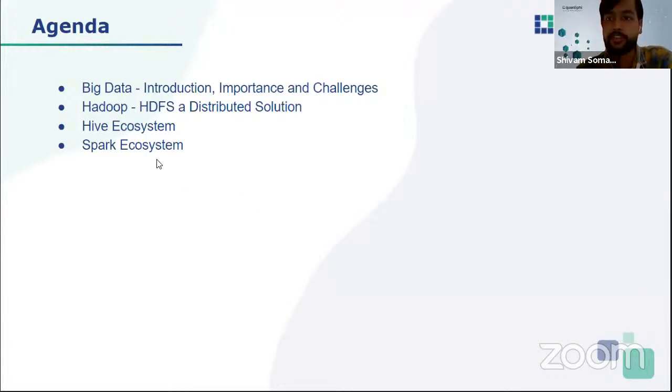First, we'll talk about what is big data, the introduction, how it is important to us, and what are the challenges there. Then we'll talk about how Hadoop, HDFS, or distributed systems solve these challenges and problems we had with big data. Following that, we have a Hive ecosystem session, and then a Spark ecosystem session.